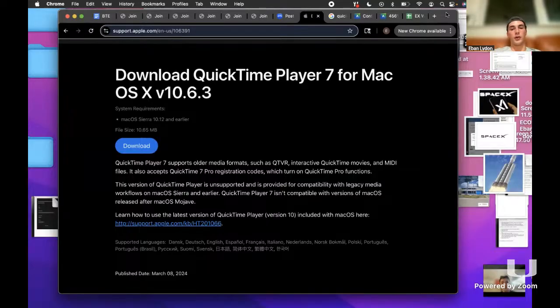And then cons are that it's Mac only, that you can't really get it on Windows. The editing features are very limited. There's not much you can do. It's very bare bones. There's no built-in cloud storage. There's no advanced recording controls like scene switching. And then compared to Zoom recordings, QuickTime is best suited for situations where you want to record something offline or you want to record a portion of your screen because it's a lot harder to do that on Zoom because